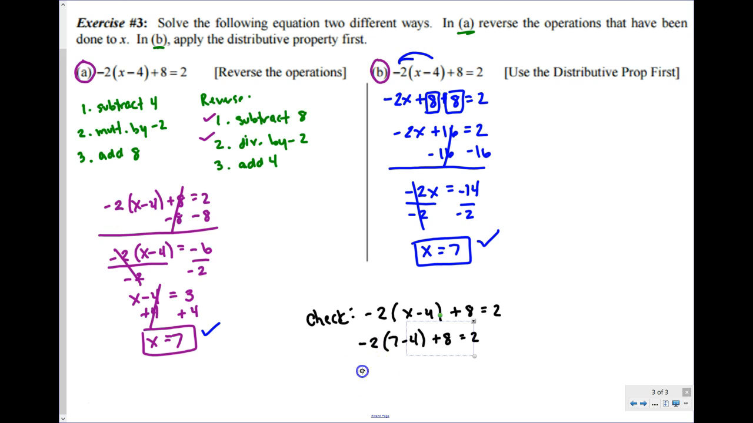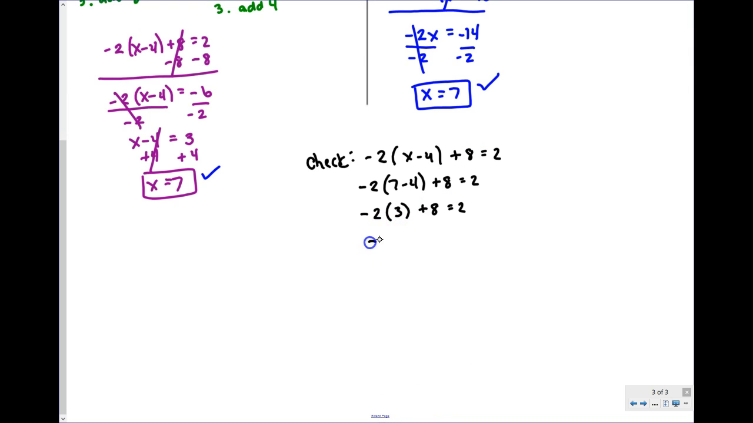So let's simplify. Negative 2 times (7 minus 4), 7 minus 4 is 3. Then I have a plus 8 and an equals 2. Negative 2 times 3 is negative 6. Keep carrying down that 8. Negative 6 plus 8 is a positive 2, and look at that. I end up getting the same thing on both sides, which means that yes,